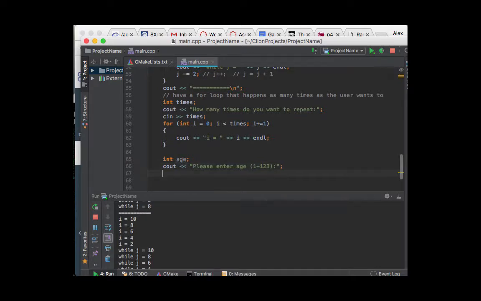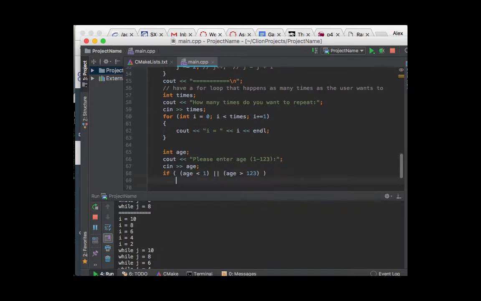And then I'm going to do a cin age, and then for the input validation, remember you have to make sure the user enters the correct data. You go and say, all right, if my age is less than 0 or my age is greater than 123, or let's say less than 1 or greater than 123, I'm going to do